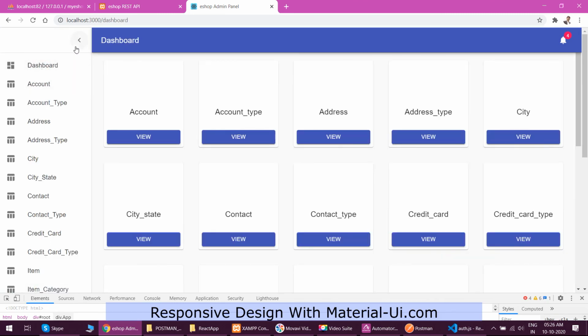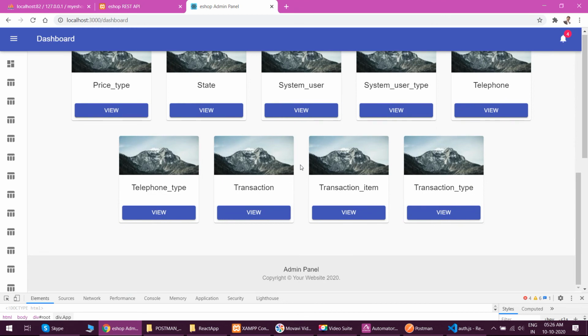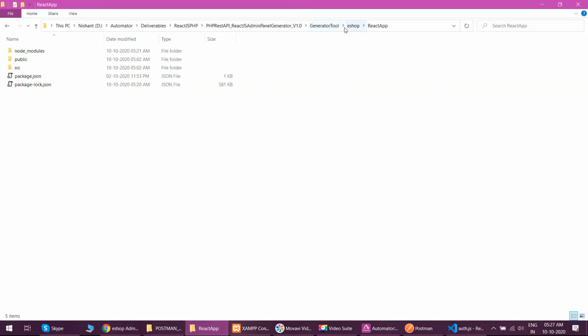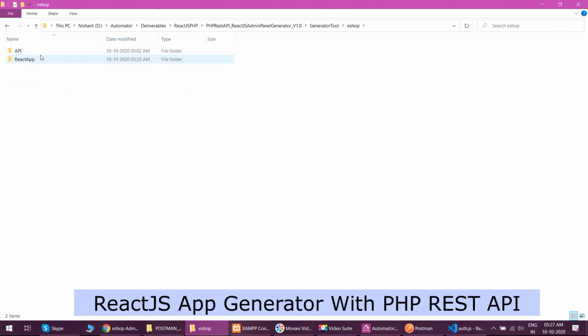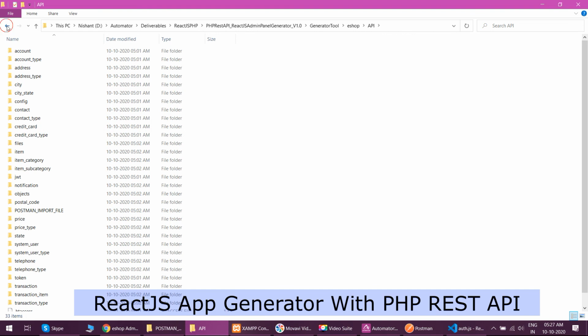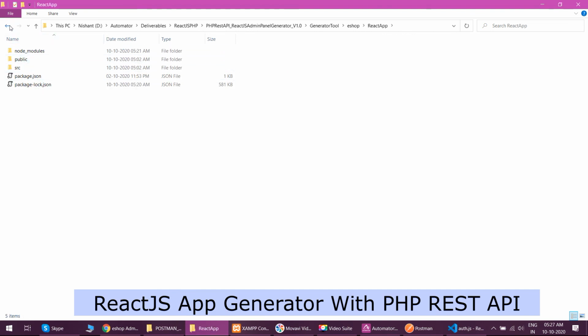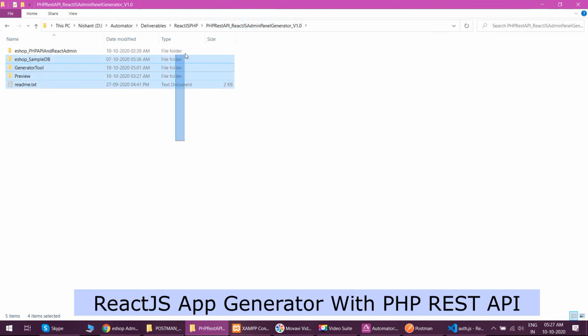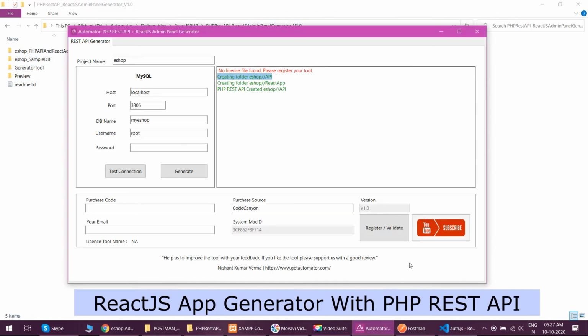This is the first release of the application. Definitely I will consider a lot of feedback and improvements, and then I'll make it more useful and automated, so that it will save you at least 60 to 70% of your time, and then you can just concentrate on developing your business logic. You will have the REST API created, you will have the React.js app created. Just copy paste some of the components and implement your business logic, and your application is ready. Hope it makes some sense and helps everyone.